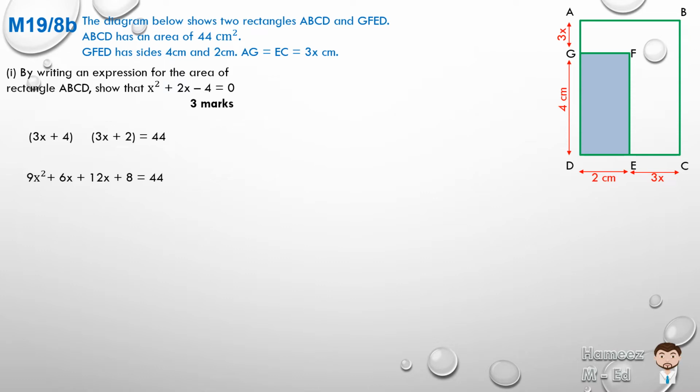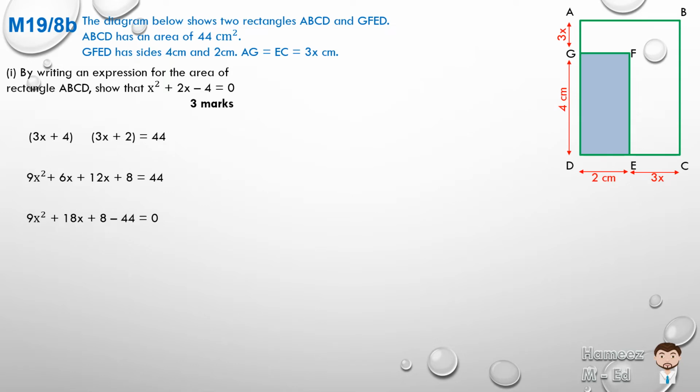And the last term by the last term, plus 4 times plus 2 is plus 8, which is equal to 44. And we can simplify that and bring the 44 across onto the left hand side, so we leave the right hand side as 0, because we're trying to show that it looks like that form above, where the right hand side was 0. So that's going to give us 9x squared plus 6x plus 12x is 18x plus 8